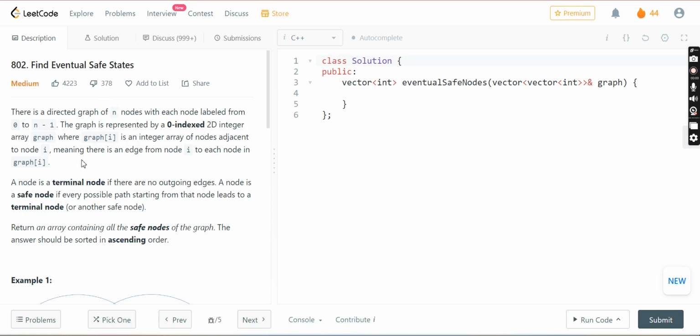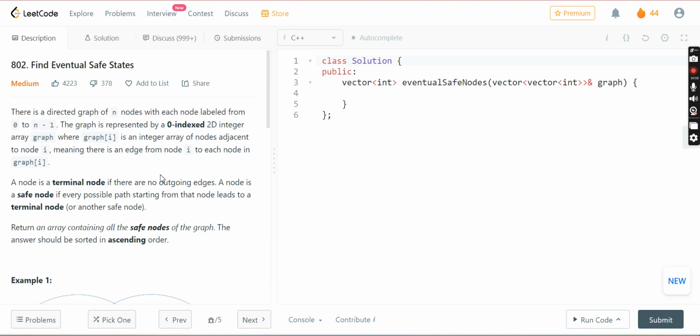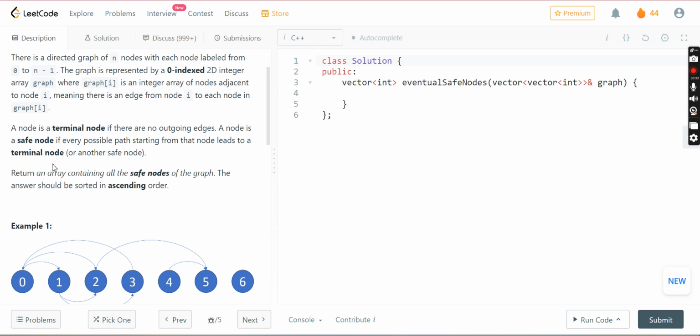Day of the Leetcode. Okay, so find eventual safe states. Now there is a directed graph of n nodes with each node labeled from 0 to n minus 1. The graph is represented by a 0-indexed 2D integer array graph, where graph[i] is an integer array of nodes adjacent to node i, meaning that there is an edge from node i to each node in graph[i]. So indirectly it is being stated that we have been given the graph as an adjacency list, where